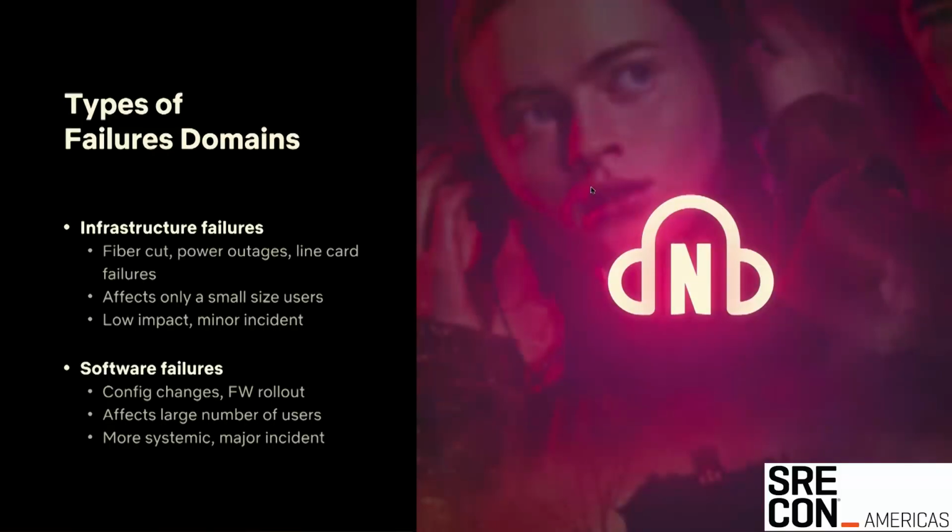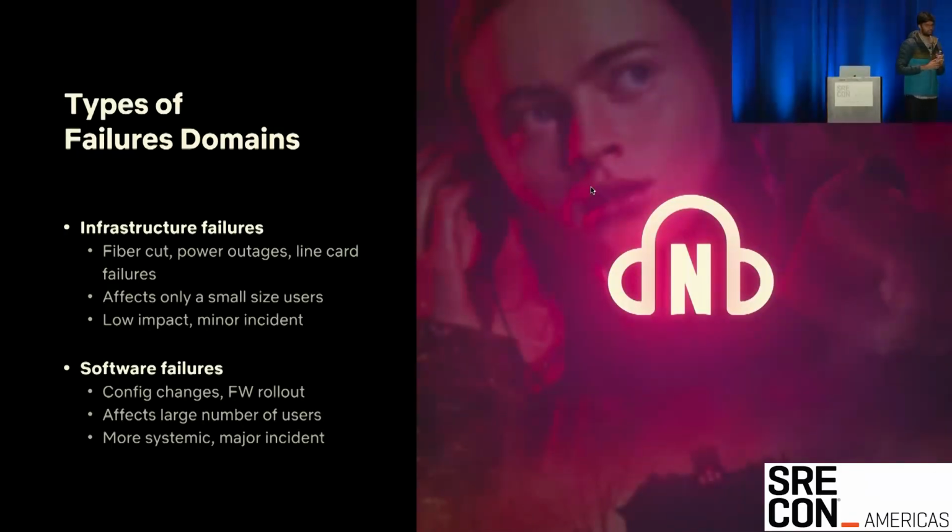Since this talk is about resiliency, from our understanding of running the whole network for the last few years, we think that for the CDN domain, there are two types of failure domains that we have seen. The first one is infrastructure failure, and the second one, I generally categorize as software failures. So infrastructure failures, think fiber cuts, power